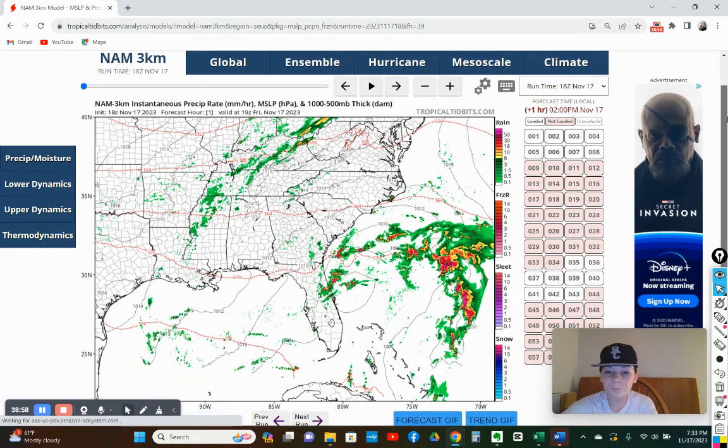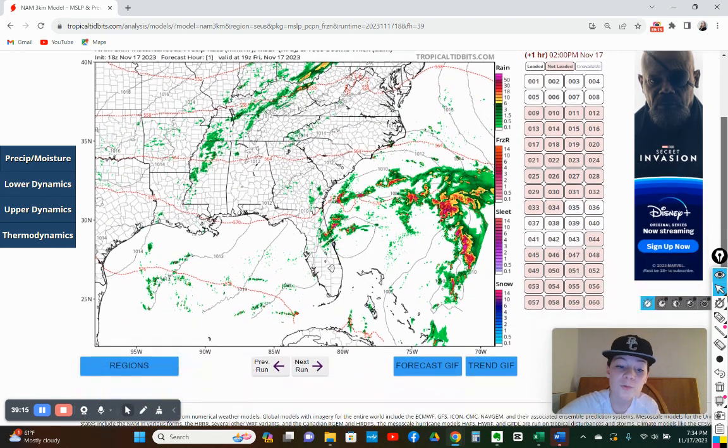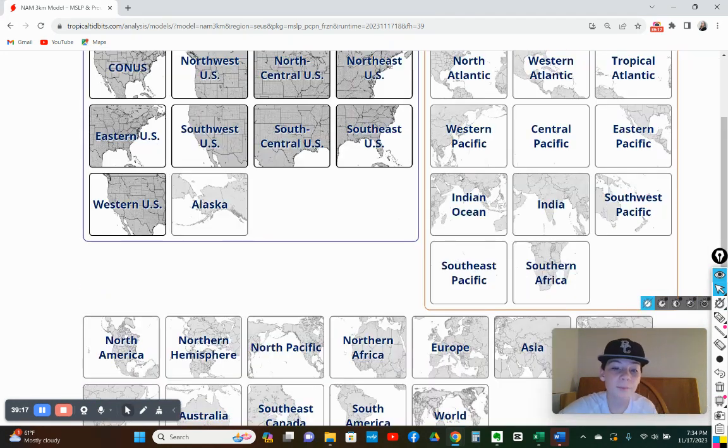All right, and so I don't know what's going on here on the NAM 3KM model, but it shows this same system looks like way farther north. I don't know why, because we don't see anything out here near the Bahamas. So this is very weird, the placement of the system. But the NAM 3KM model shows